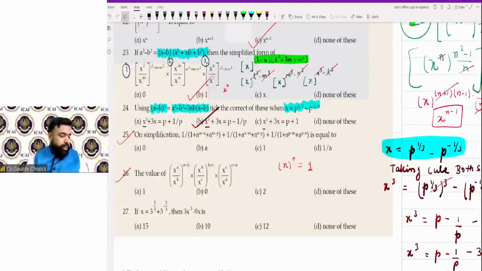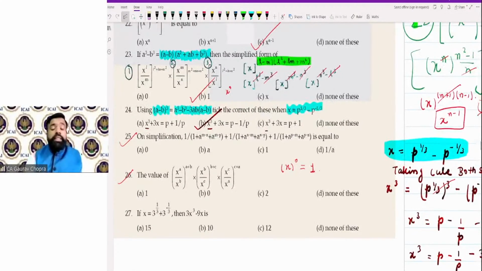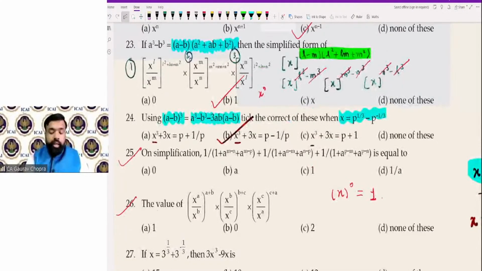Shanta says, please explain 23 again. See, in question number 23, there is a cyclical order. And according to this formula, we are getting all values positive as well as negative. So all the values are getting cancelled. So the result is equal to 1. So whenever there is a cyclical order, the power becomes 0. And whenever the power is 0, the result is equal to 1. So this is the shortcut way. Okay, Shanta?